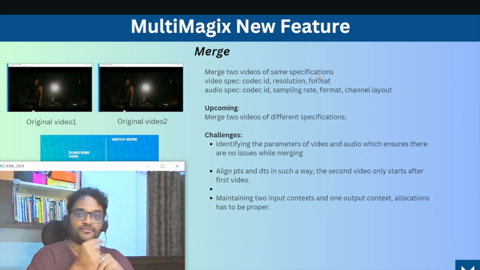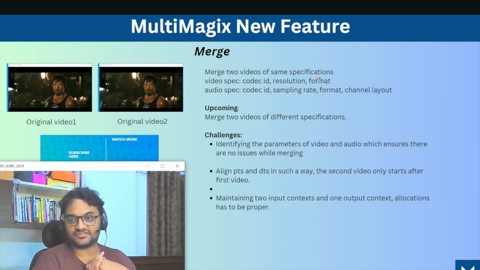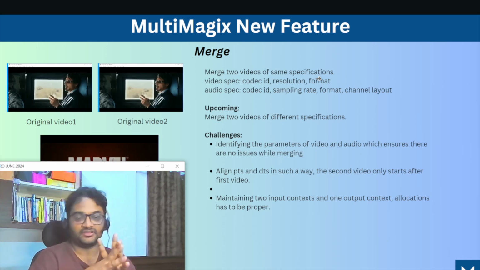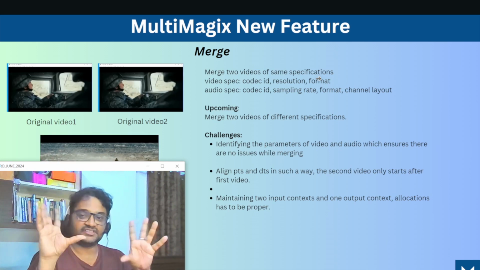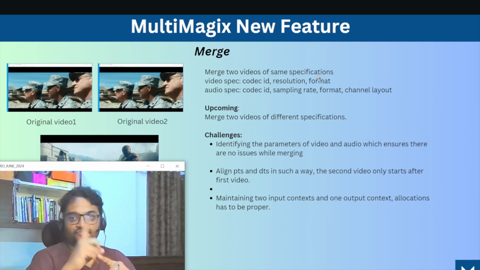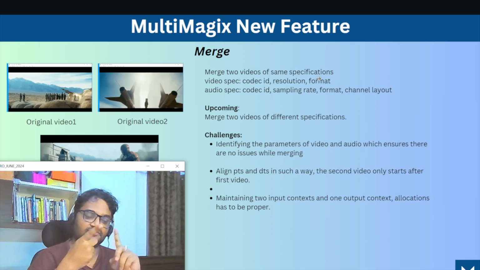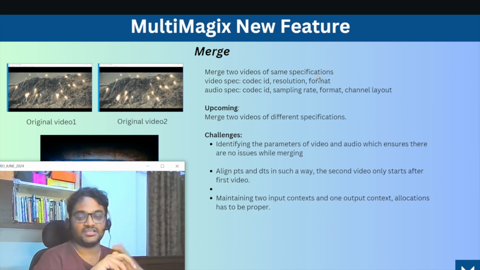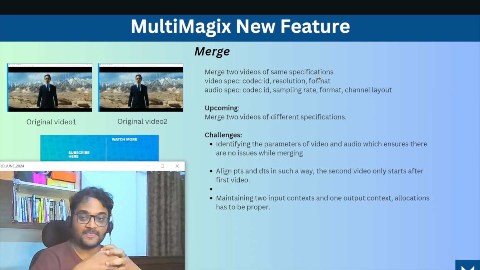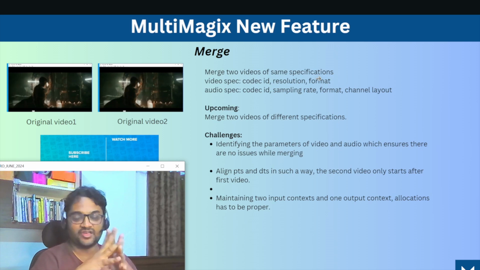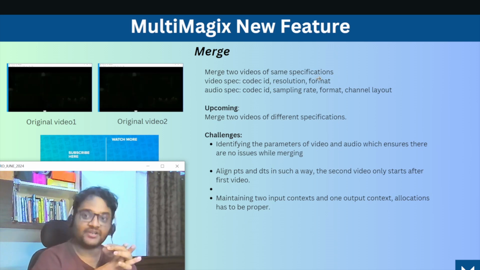But if down the line you also want to support this merge concept, where you have two different videos with different specs, for example the audio codec ID is different for the first and second video, or the first video has X264 and the second has X265. Now how do you merge them? In this case you can't directly copy, read and write the frames, as a lot of ambiguities will come. So you need to encode